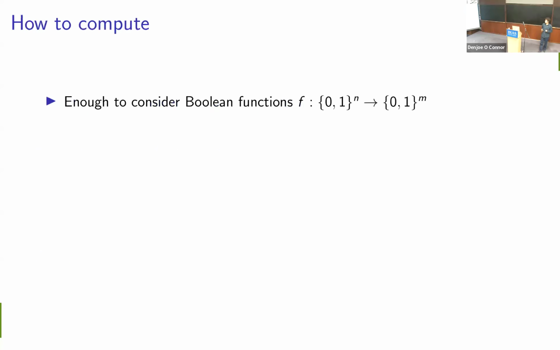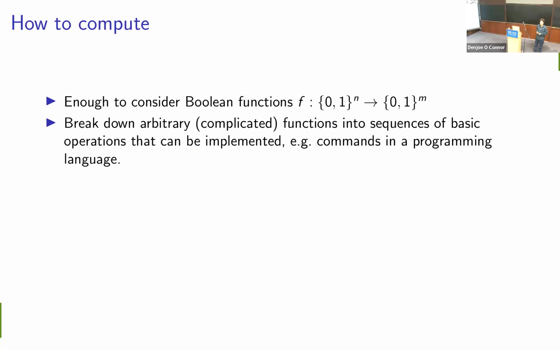So let's start with the theory of computation. When we think about computing things in our computers and phones that we already have, everything is based on bits, right? Everything is encoded in just zeros and ones. So it's enough to just think about functions that go from zeros and ones to zeros and ones. But there are a number of different ways in which we can do that.